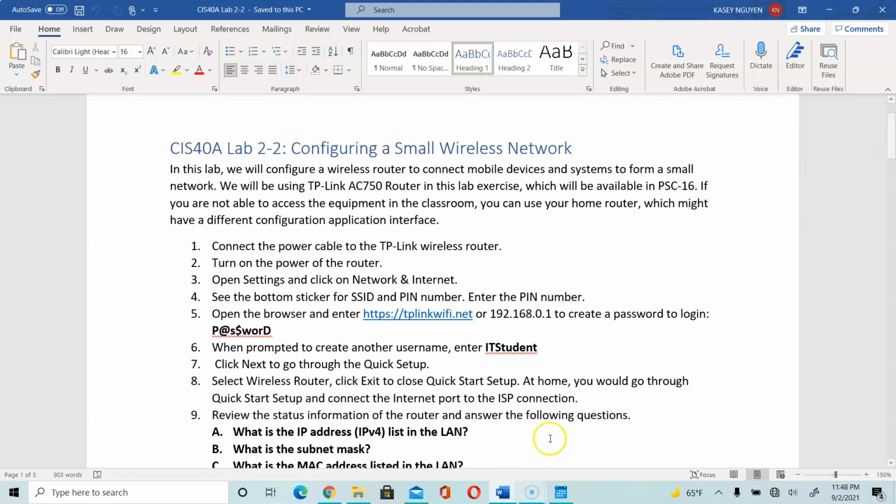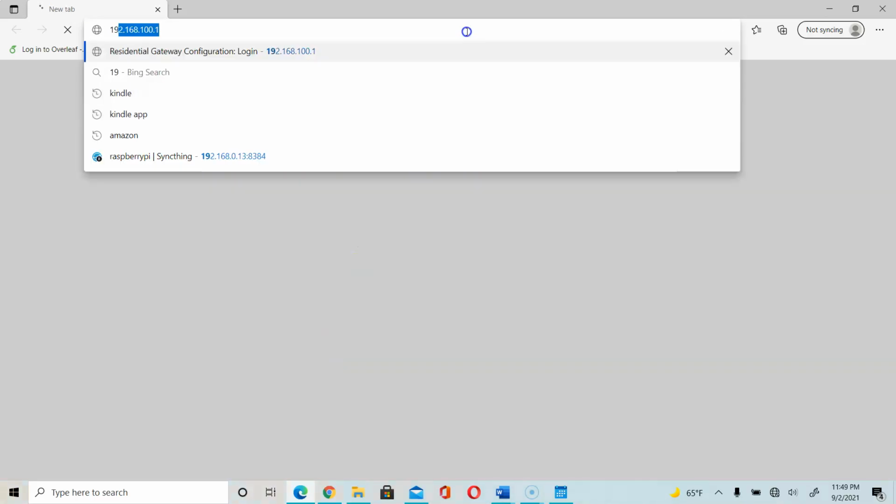Okay. So in our lab today, we are going to look at the configuration on the TP-Link router. Once I have wirelessly connected to the router, using the SSID and the PIN number, which is usually printed on the sticker of the router, we would then open up a browser, and in the browser we would put in the IP address of the router, which is